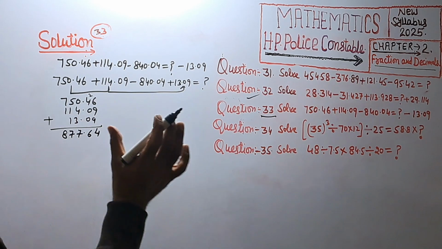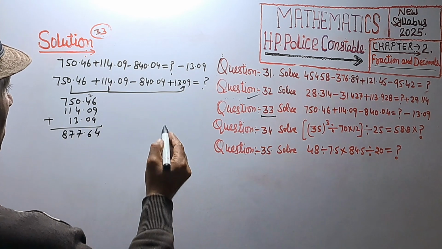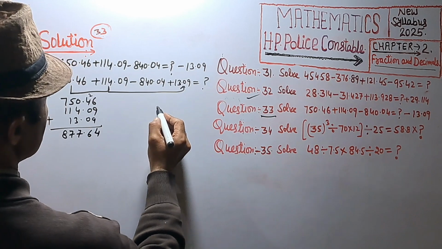It's sum of positive number, and sum of negative, that is minus